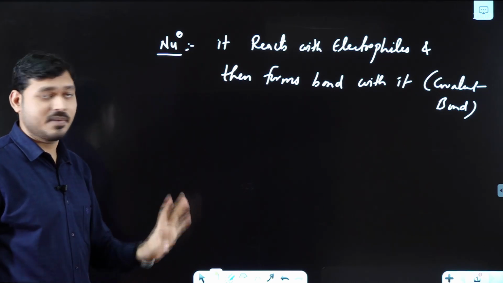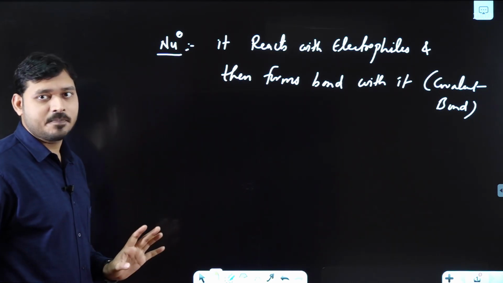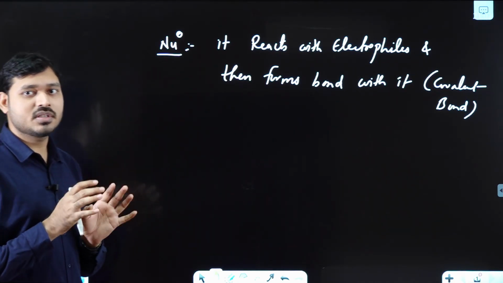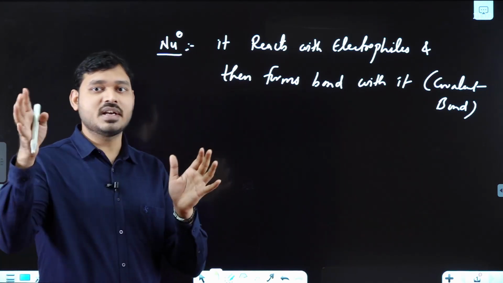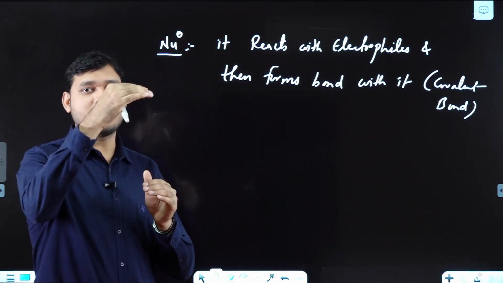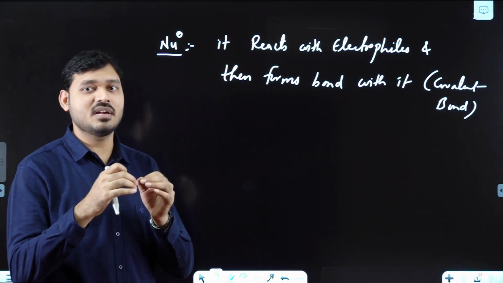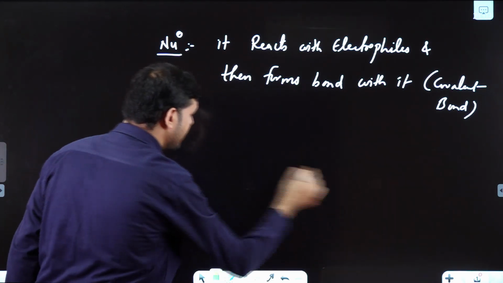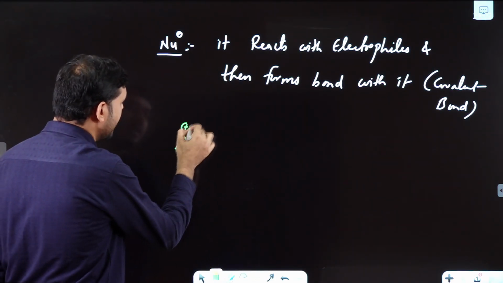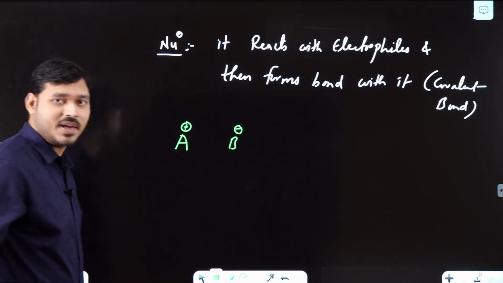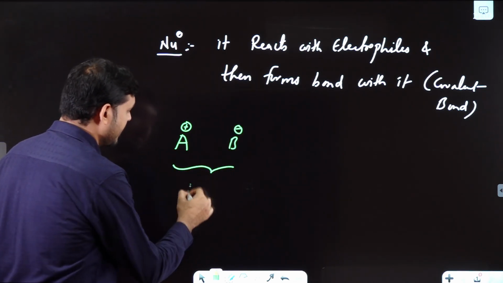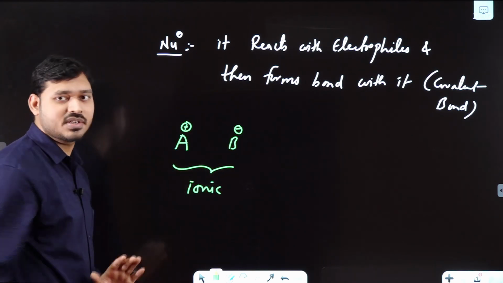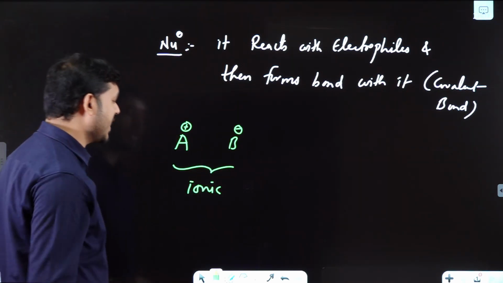Clear? Now why am I telling you this? I am trying to tell you about polarization phenomena, because I have discussed left to right in a period. But when we come up to down, then we have to understand certain other factors as well. See, suppose I say an ionic compound A plus B minus. So this is ionic in nature. Why ionic? It is having charge separation. It is plus charge, it is minus charge, and it is having electrostatic force of attraction.